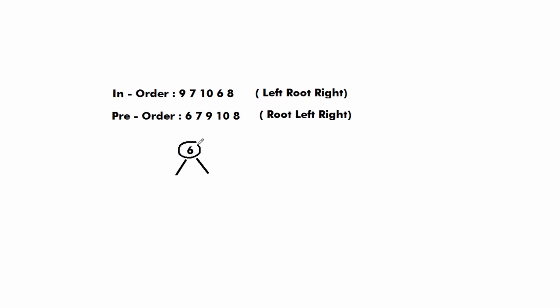Now this root node is going to have a left child and a right child. For finding the left and right subtree, we will go to the in-order traversal and look for the number 6. In in-order traversal, the root is between left and right. So we can say 9, 7 and 10 are going to be on the left side of this root 6 and 8 is going to be on the right side.